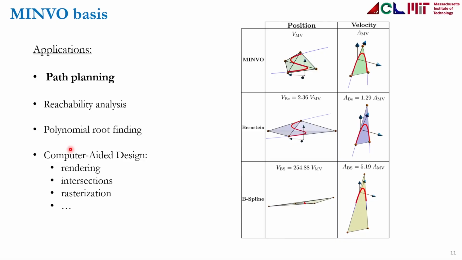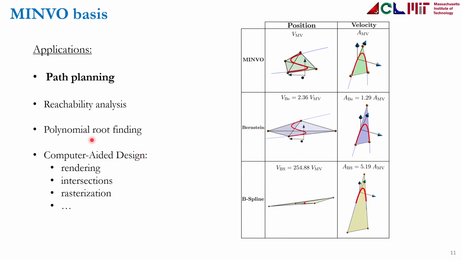So there are quite a lot of applications for the MINVO basis. The one we were interested in was path planning, where the idea is that now we can impose, in a less conservative way, collision avoidance constraints both in position space, this third column, and also in velocity space. But other potential applications for this MINVO basis are, for example, reachability analysis of polynomial systems, finding the roots of some polynomials, and also computer-aided design, like, for example, to perform rendering, to obtain intersections, or to